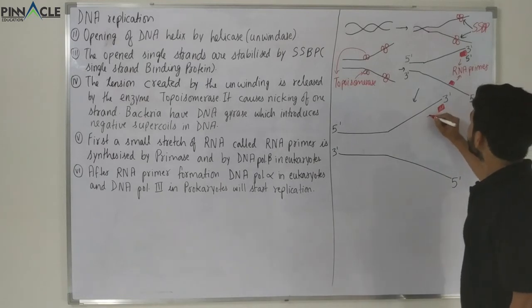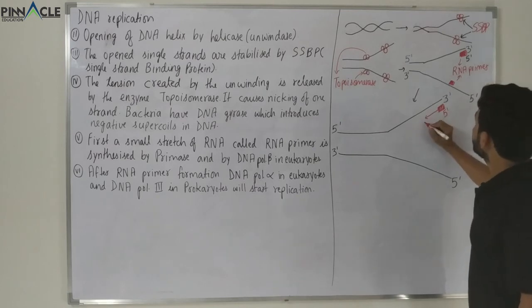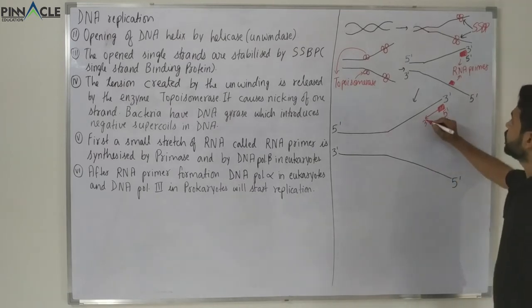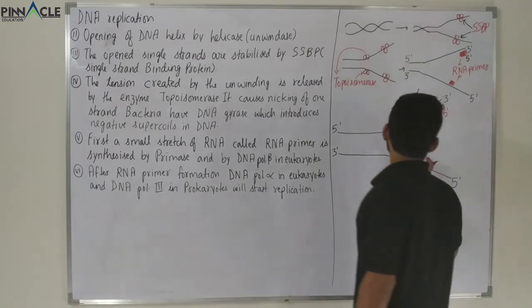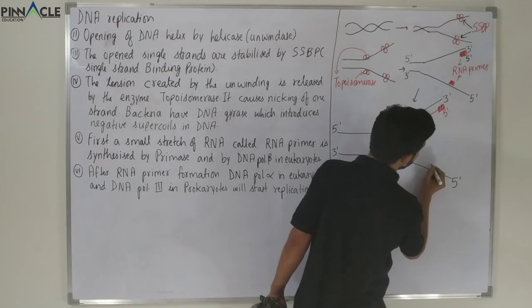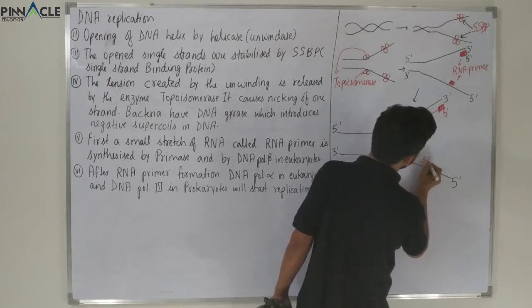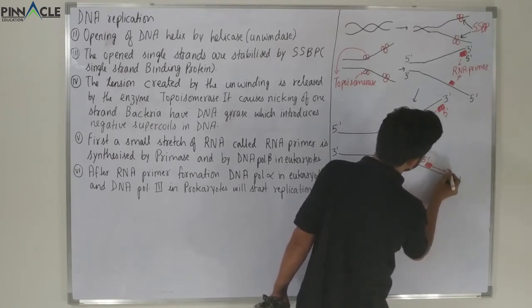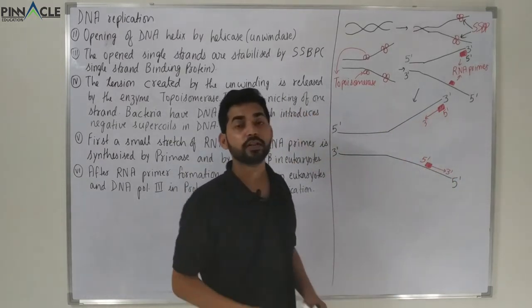The new strand that will become longer and longer with time will run in this direction, and that will have 5 prime to 3 prime polarity over here. So what happens here is that these two are anti-parallel, but that cannot happen here continuously. So this will have 5 prime and then it will go in this direction. But what will happen is that all of the strand will not open at once.